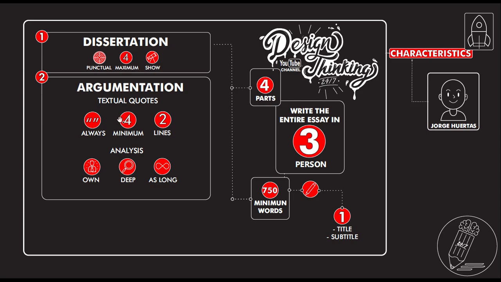After that, you make the analysis. The analysis is in your own words. It has to be very deep, and you have to write as long as is necessary to show and support why you are doing that. Usually, an essay has a minimum of 4 quotes. They are always quote, then analysis, another paragraph with quote, analysis, and you keep writing like that